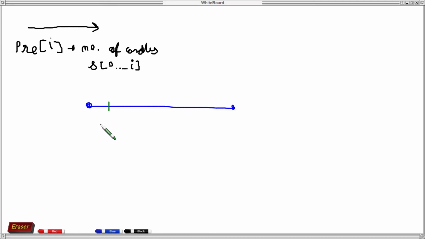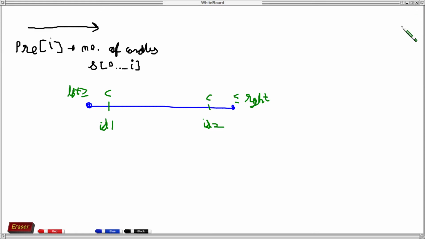Let's say id1 is the first index which has a candle and is greater than or equal to left, and id2 is the last index which is less than or equal to right. So that's what we need to find.